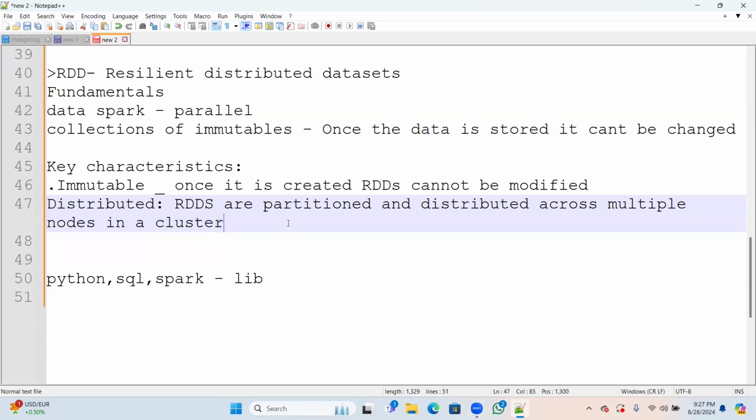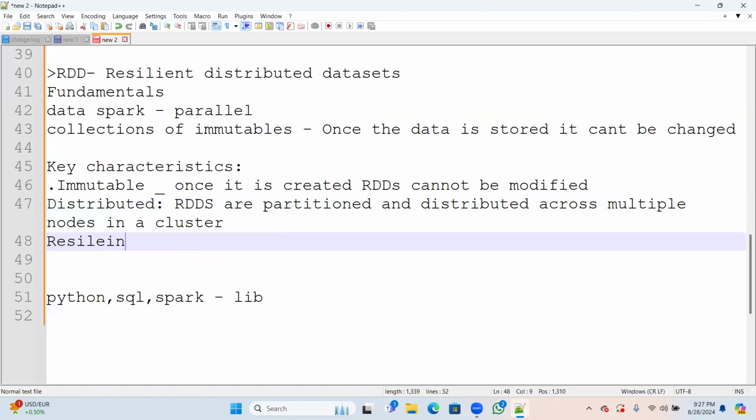And this one is resilient. Resilient means if something happens and the job fails, it will automatically recover the lost data. We don't need to worry about it.